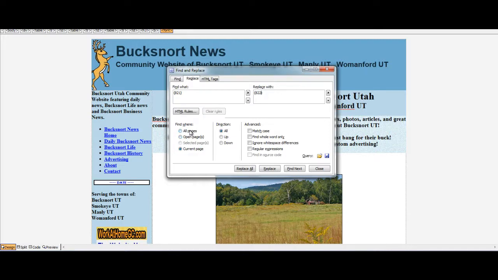Now the beauty of this is that sometimes you might have a dozen pages open, and that's all you want to worry about replacing. A lot of times this is the way it's going to be. But sometimes you don't really know, so you're going to do it on all pages. Well, I'm going to check. Click on all pages right here,